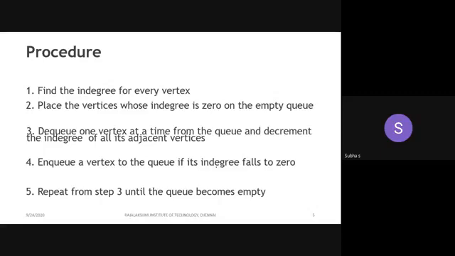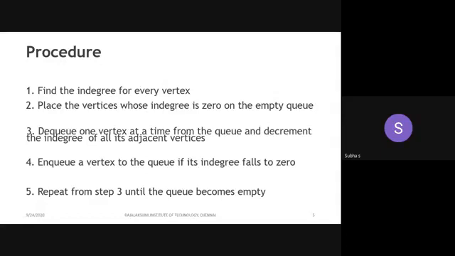To find the topological sorting, you have to find the in degree for each vertex. In degree means how many edges are incoming, how many edges are incident on the particular vertex. Because we know in degree and out degree we can calculate for a directed graph only. Out degree means how many edges are leaving the particular vertex. Here no need to bother about out degree. We are going to find the in degree, how many edges are coming to that particular vertex.